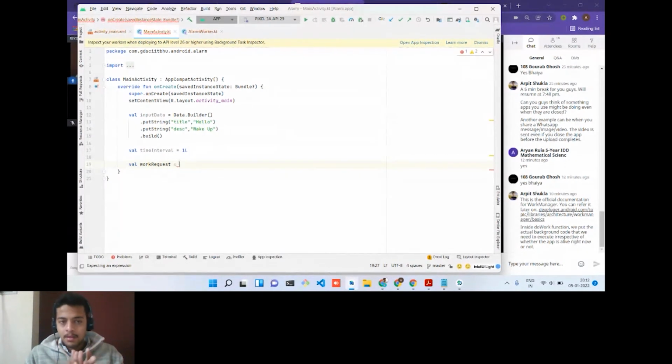As simple as the name, one-time work requests are the ones that work only once, and periodic ones can be designed to work periodically in a certain time period. This time period can be days, minutes, or hours, anything you want. There's a minimum limitation of about 15 minutes, like at least 15 minutes of difference should be there before